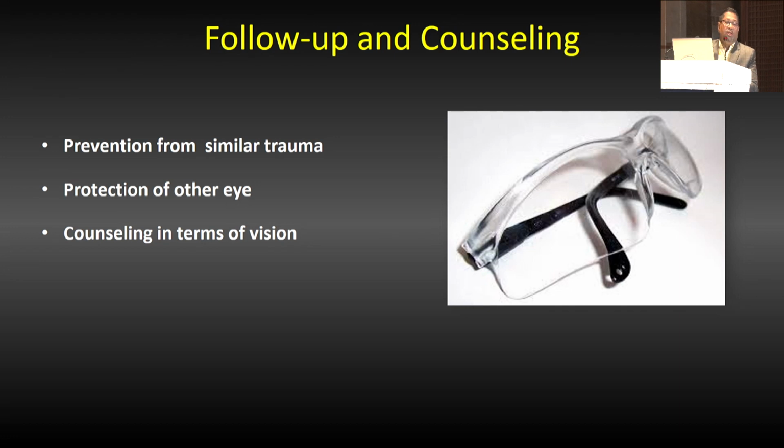And counseling on the visual outcome post surgery is also mandatory, because it is a globe and every structure of the eye is involved, so the visual outcome should be clearly explained to the patient and also the attender. In practical terms, we have seen that 30% of the people lose about 30% of the vision even if the surgery is done perfectly, even if a lens is put, even if there are no retinal hemorrhages or retinal breaks. That has to be really emphasized before the surgery itself. Thank you for your kind attention.